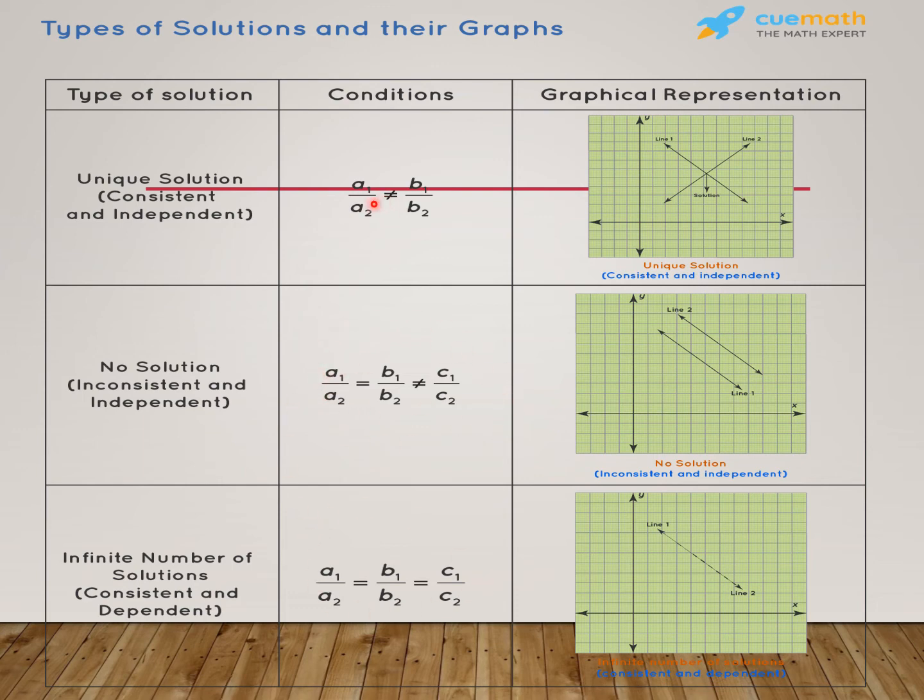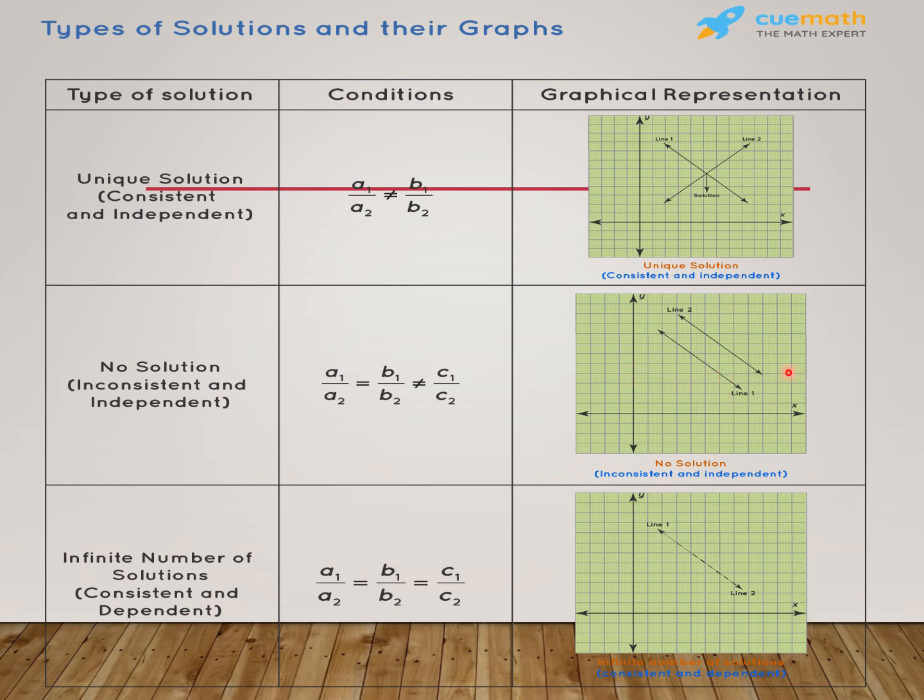Then, alamin po natin, if A sub 1 over A sub 2 is not equal to B sub 1 over B sub 2, the graphical representation is intersecting lines. Dito naman po, if A sub 1 over A sub 2 is equal to B sub 1 over B sub 2, pero po is not equal to C sub 1 over C sub 2, the graph is parallel lines, meaning